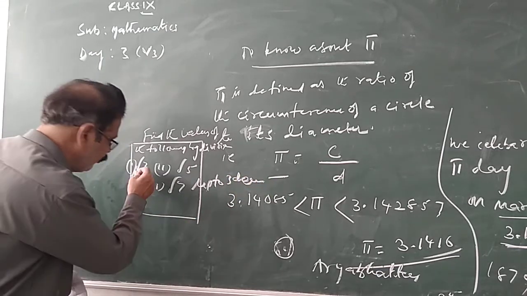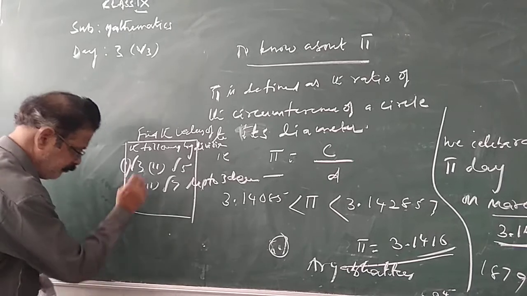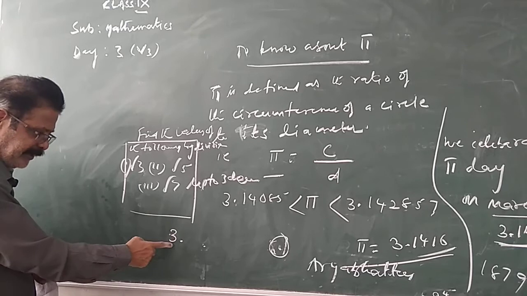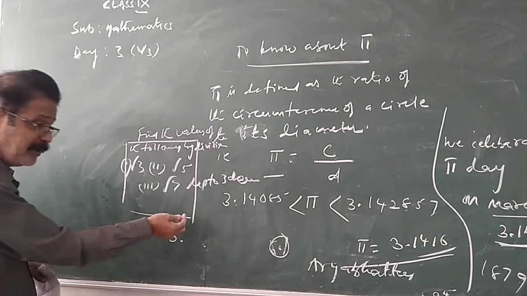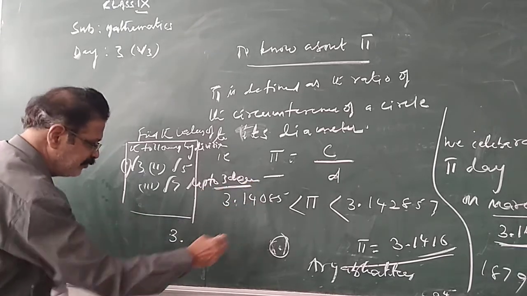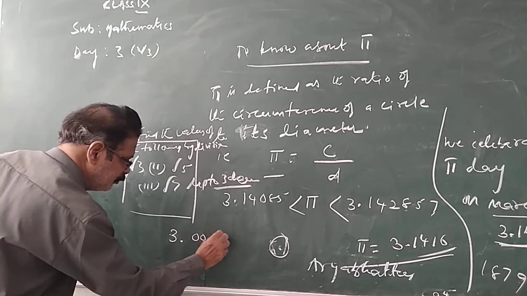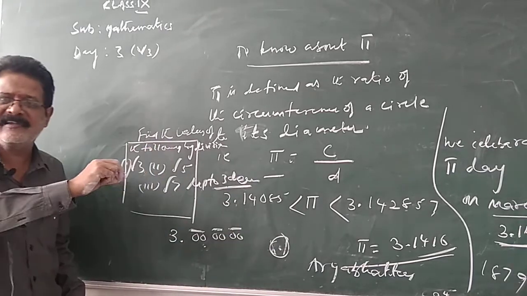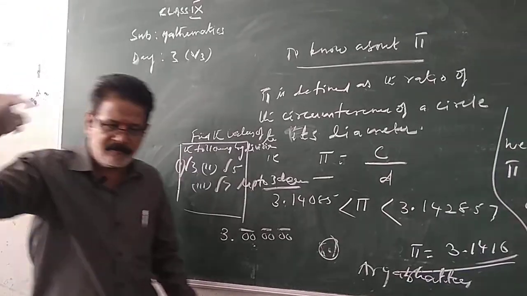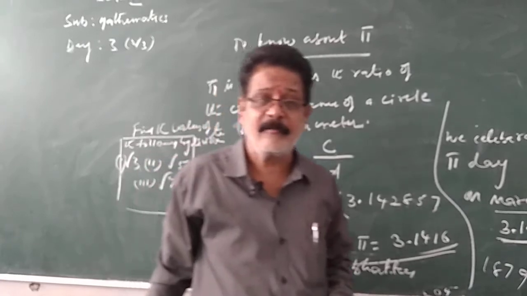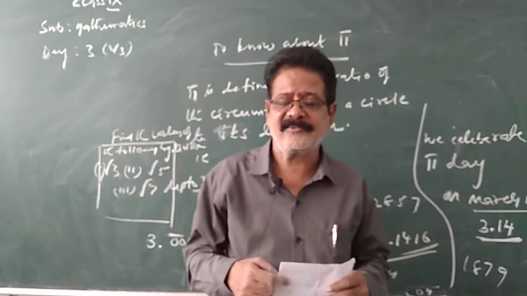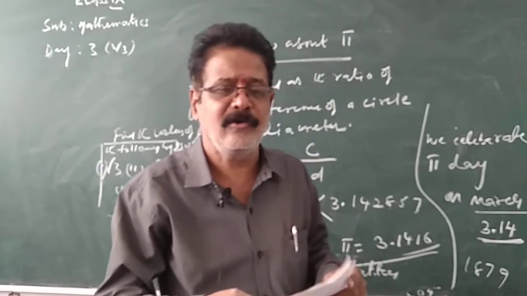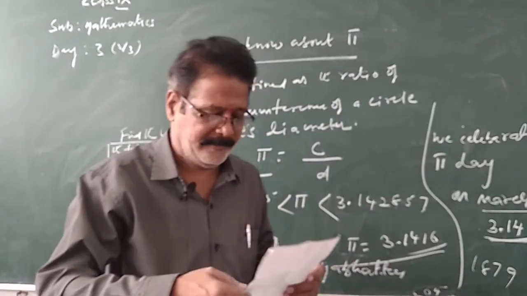After the decimal, suppose you are finding the value of the square root of 3. That is 3 point. After 3, put the decimal. How many zeros do we keep? Up to 3 decimals means 6 zeros, 3 pairs. You do it. These are the problems. I hope you understand these problems. So we'll see in the next class how to represent irrational numbers on the number line. Okay, thank you.